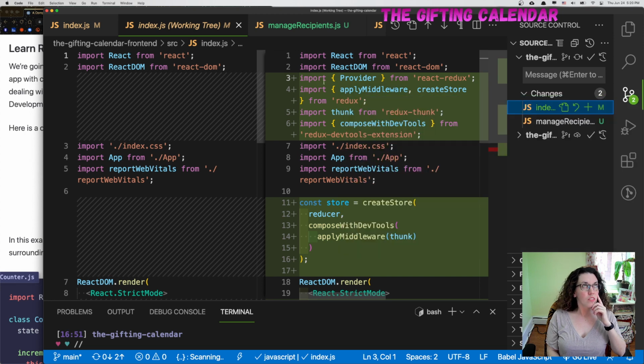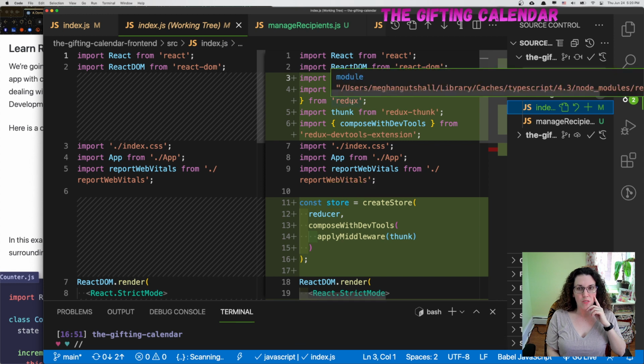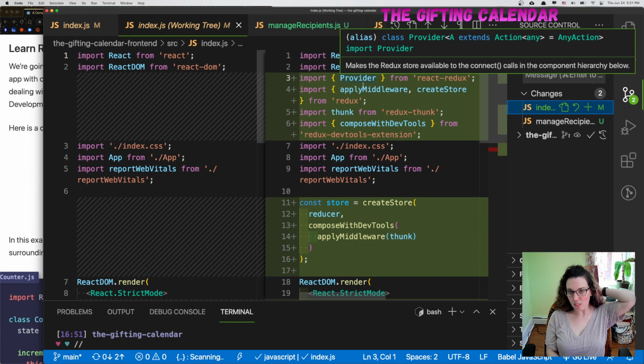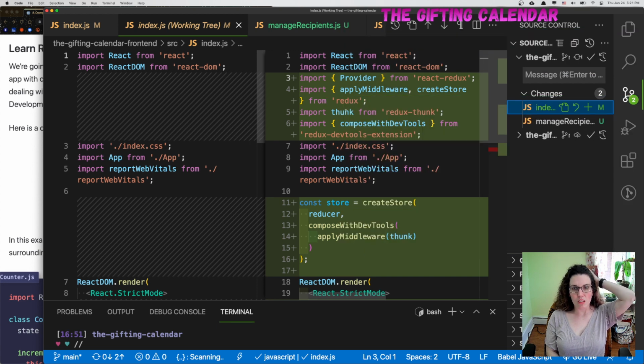Basically, I installed using Yarn, React Redux, Redux Thunk, Redux DevTools. I think that's it. And imported all this stuff. So imported the provider from React Redux, apply middleware and create store, Thunk, and compose with DevTools. And that was just a handy little package that Beth, a former instructor of mine, told me about in chat yesterday. So thanks for that, Beth. So I did that,